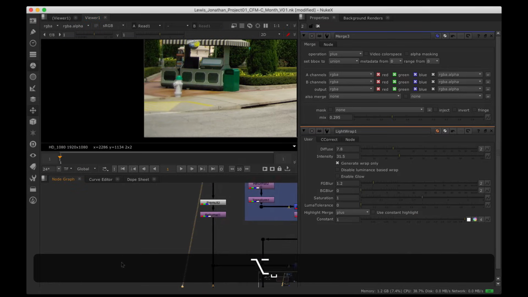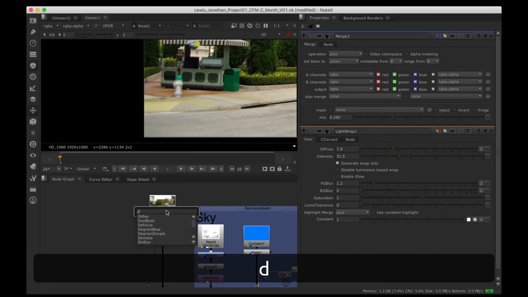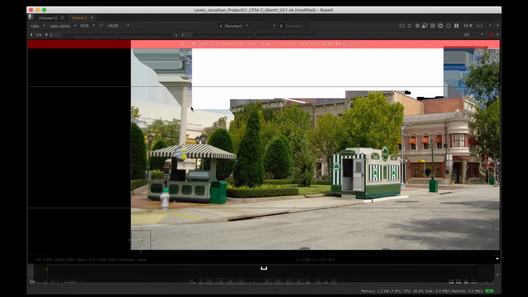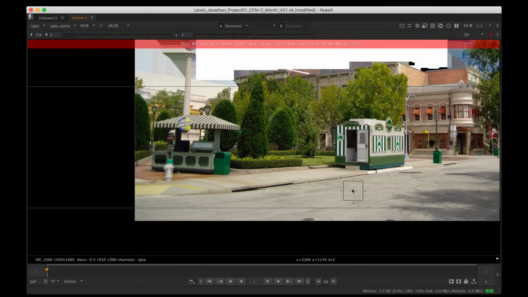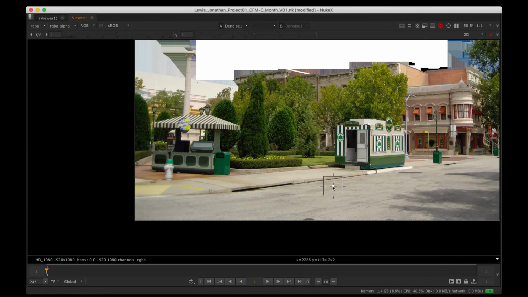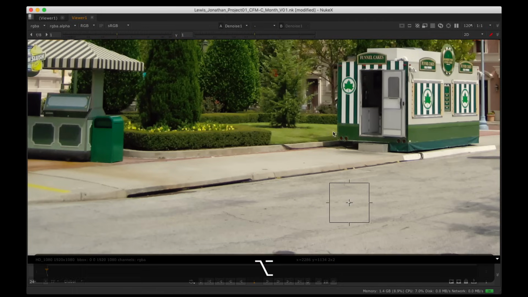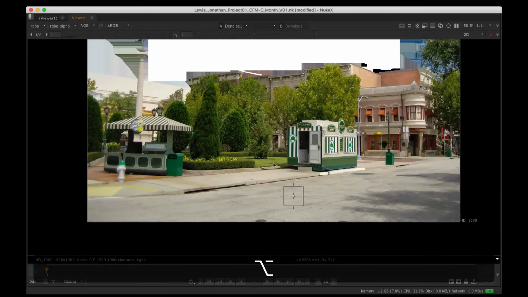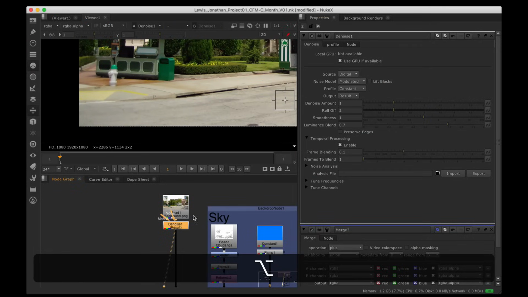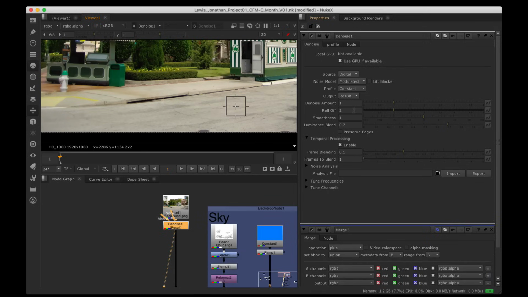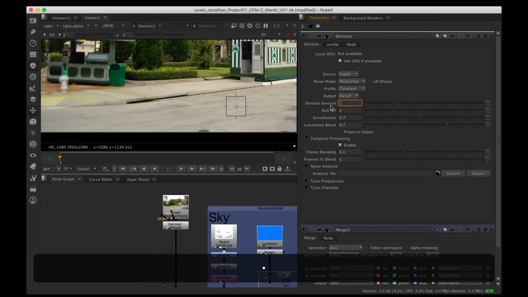So what I'll do is at the very top of this node, I'm going to tab in a denoise. With the denoise, you want to sample somewhere in the image that'll give you a good noise pattern, but doesn't really show a lot of detail in the image. If you select something with a lot of detail, it's going to blur the image a little too much, and even then, this looks maybe a little too blurry. So in the denoise, you might want to drop the denoise amount or the smoothness down. Maybe